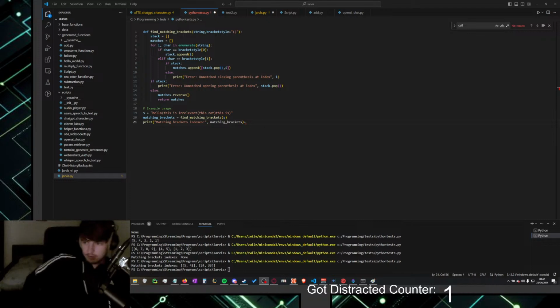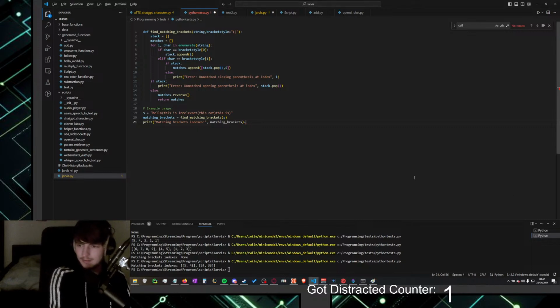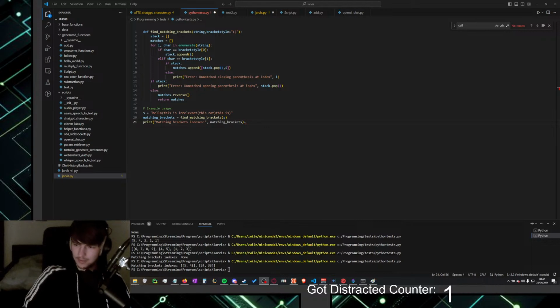I'm back. Nice. I don't know why the pause timer thing doesn't work. That is deeply annoying. Wait, why is it working? Oh, for fuck's sake. Okay, it's not working if I'm in VS Code though. Okay. That is annoying. But it didn't work in OBS when I left. I don't know.